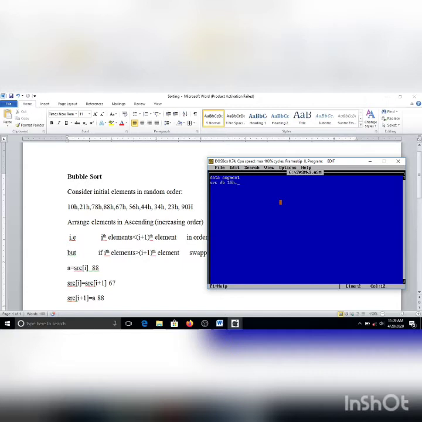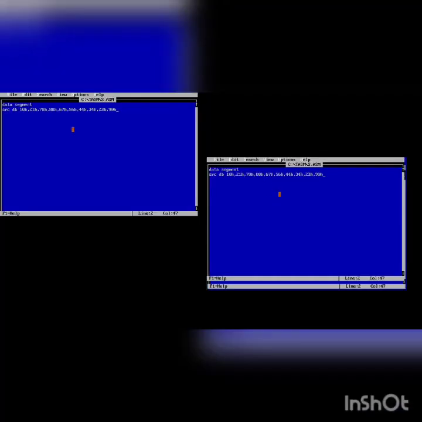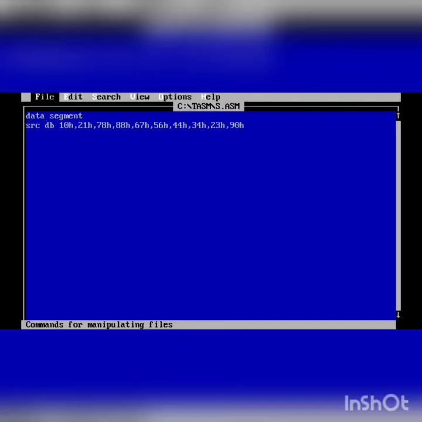Those are the elements we have taken. Now after the declaration of the elements we will quit our data segment.